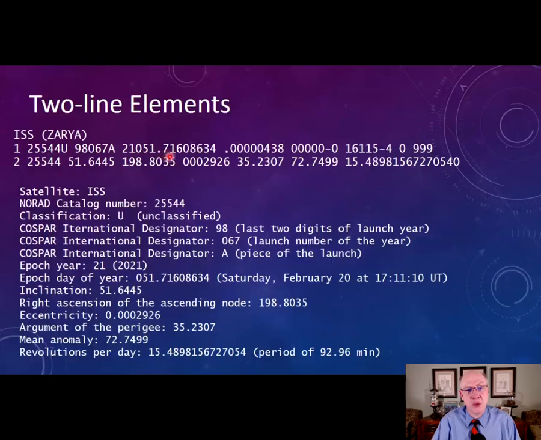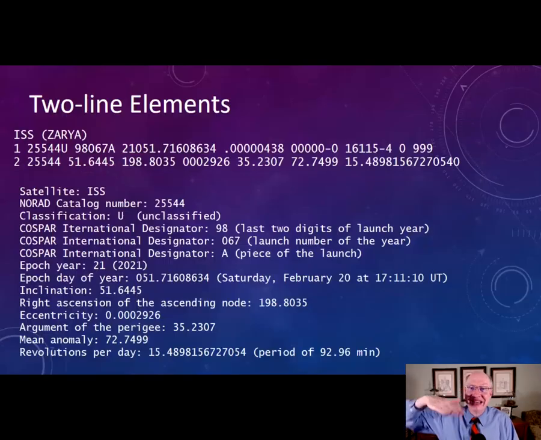And the time was 0.7160864 of a day, which corresponds to 17 hours, 11 minutes, 10 seconds universal time. The other numbers down here on the bottom, they specify the orbit. So the interesting numbers down here,